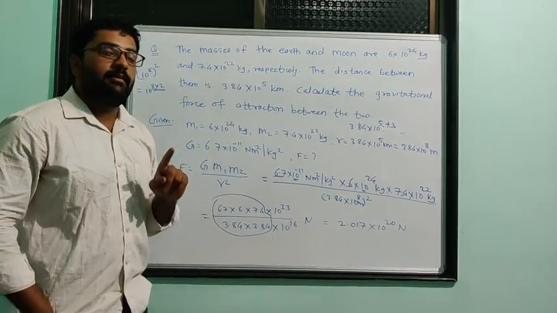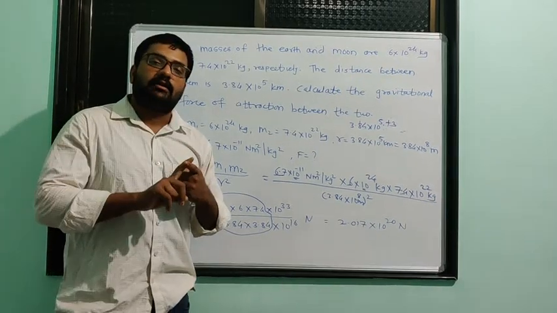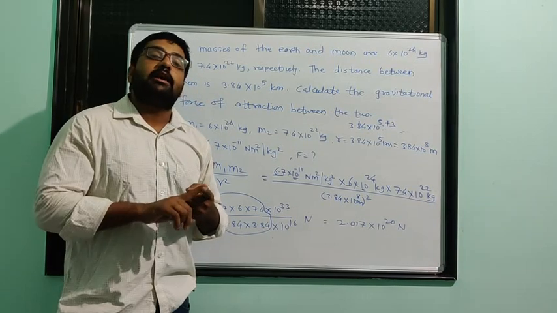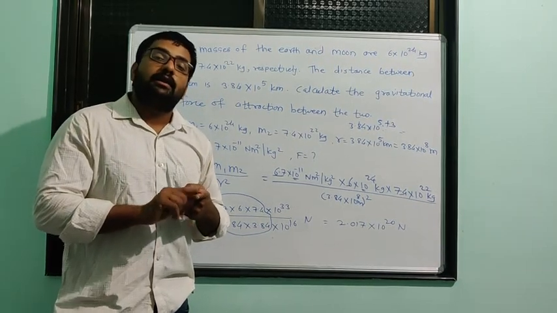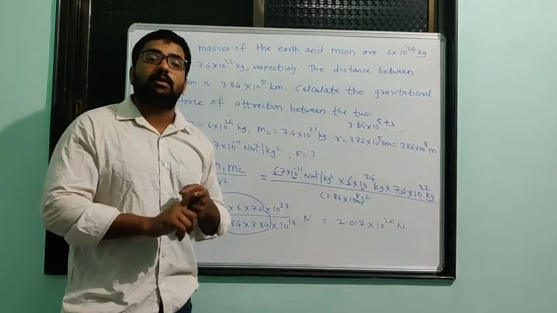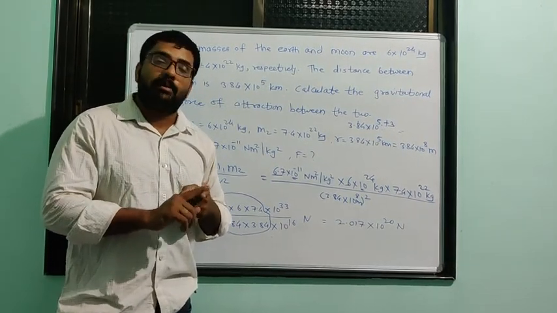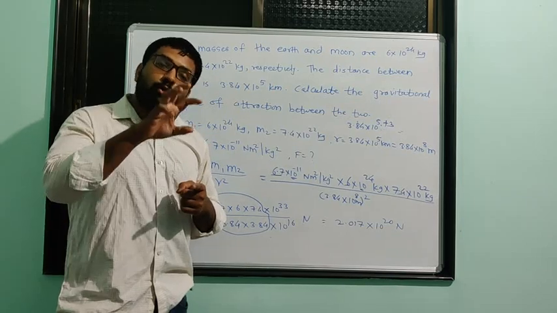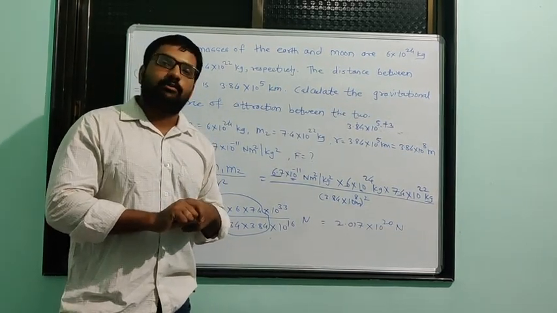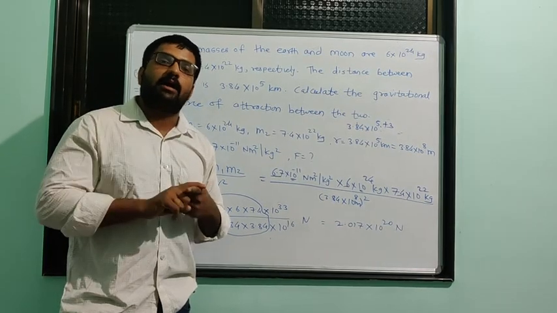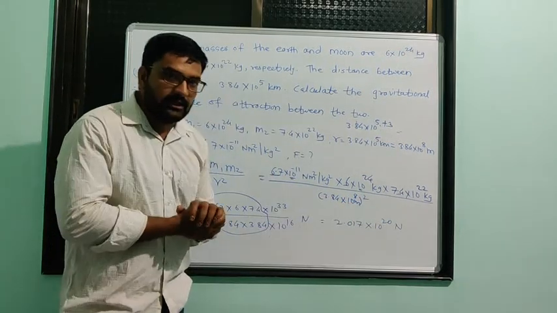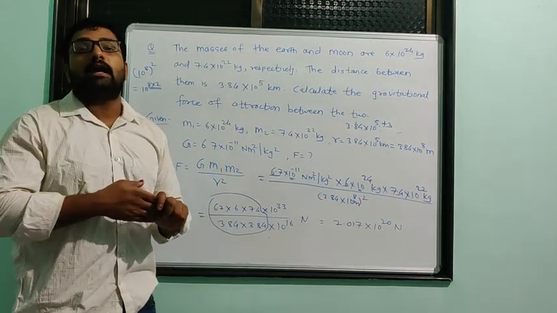First of all, again remember, we have to write the given data. That is important because that carries half mark. Then we have to write the accurate formula that will help us to calculate the answer. The formula is important, that will again carry half mark. Again we have to put all the values in that formula. That is also an important part, that will carry half mark. And finally you have to write the answer accurately. That will carry half mark.